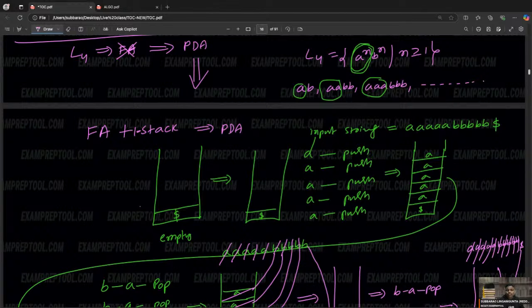Let's enjoy it like a movie. Let's enjoy it like a character introduction is going on. Is the hero some introduction? Is the heroine some introduction? Villain some introduction. So PDA is some introduction. L4 cannot be accepted by finite automata. L4 will be accepted by PDA. First of all, what is PDA? Finite automata plus one stack. It also has states, and one stack.